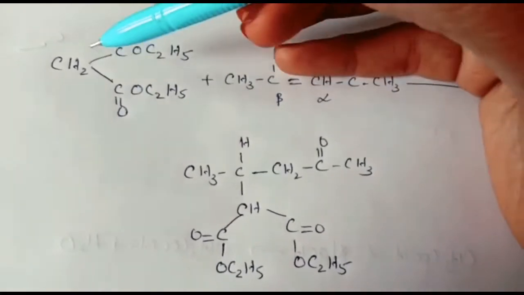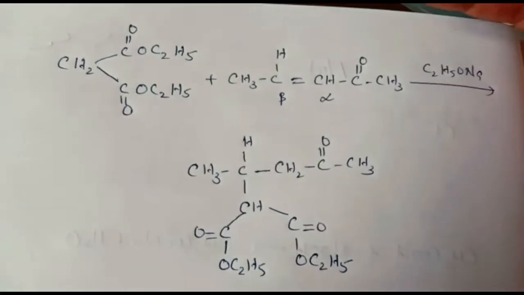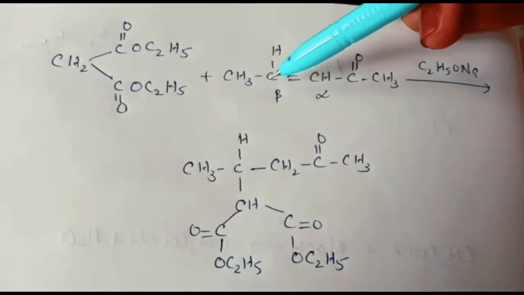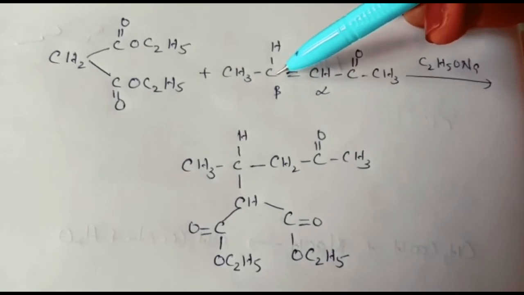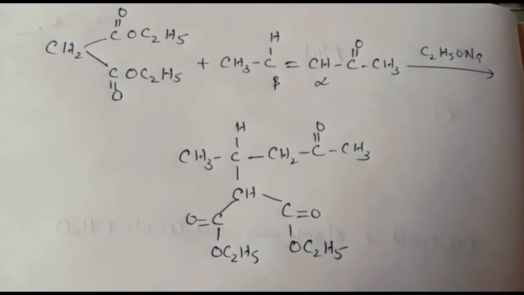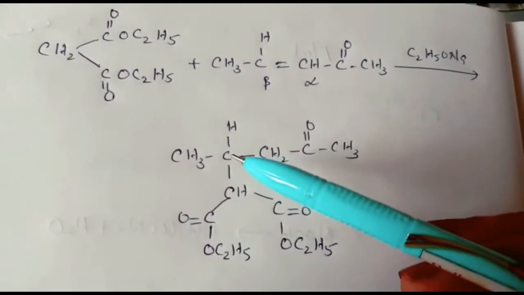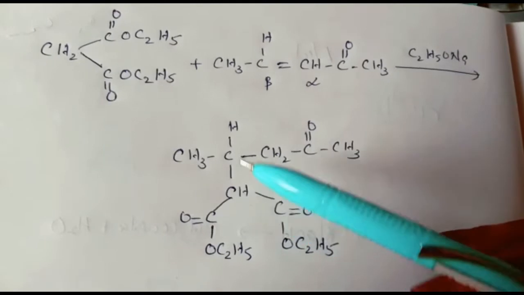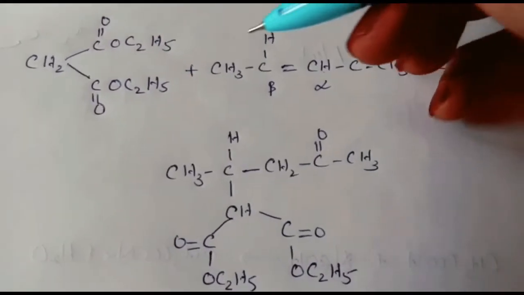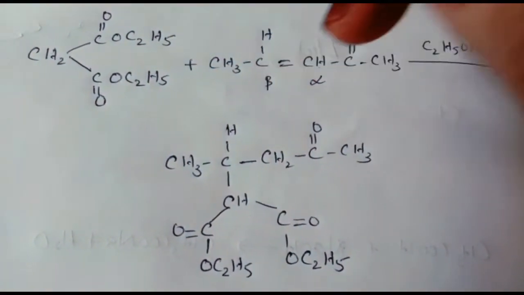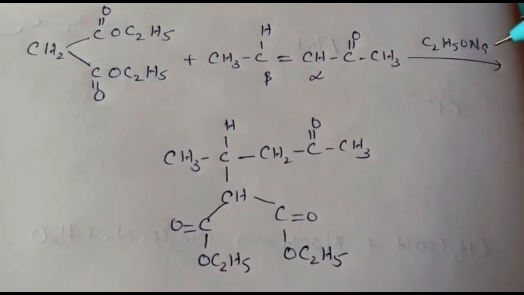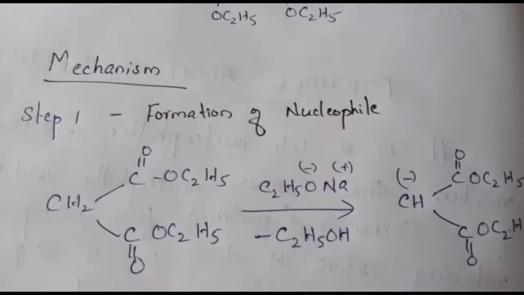Actually what happened here is one hydrogen will be removed from this active hydrogen atom. So that will be CH minus. Then this CH minus will attack this beta carbon, because here beta carbon is of the alpha beta unsaturated compound. Then a new C-C bond will be formed. So here malonic ester, the compound containing active hydrogen atom, reacts with alpha beta unsaturated compound in presence of base to form adduct. Discuss the mechanism.